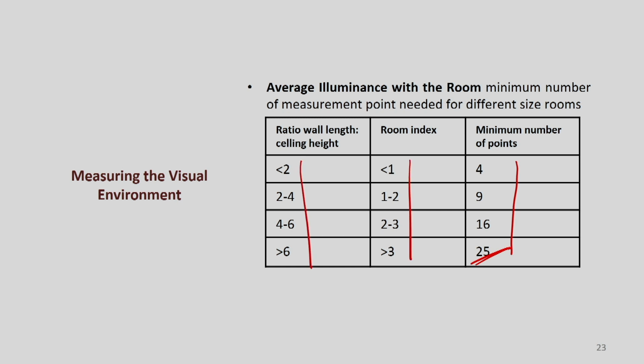Now, suppose you are finding a particular room which is in between this particular junction. There will be a question: shall I measure 9 points or shall I measure 16 points? What should I do? The suggestion, being a researcher, would be that depending on the use of your data, you should decide the number of points you are going to measure, depending on the utilization of that particular data after you collect it.